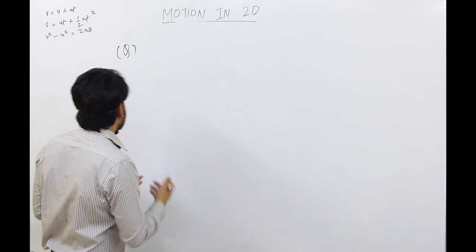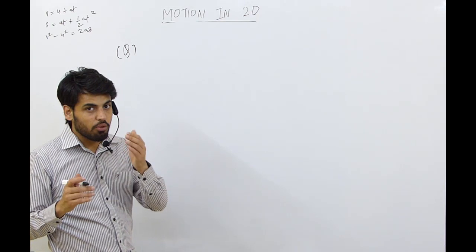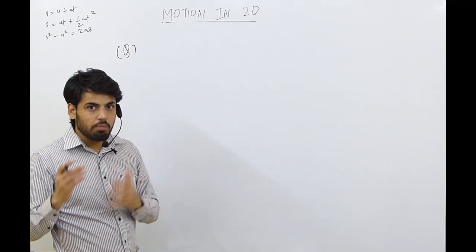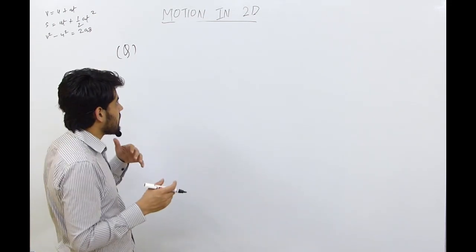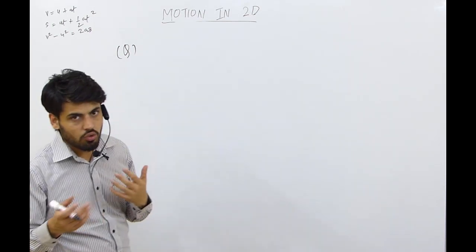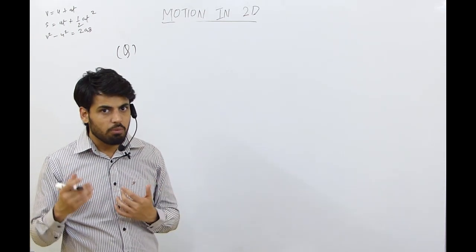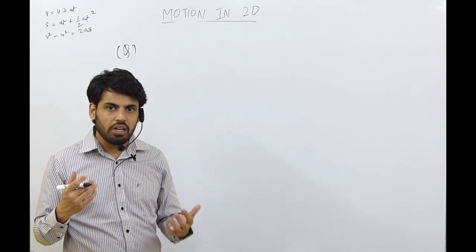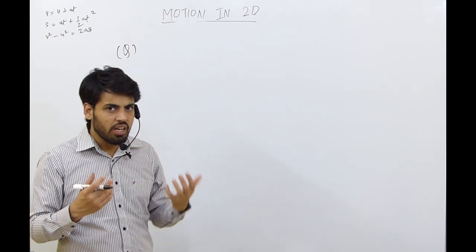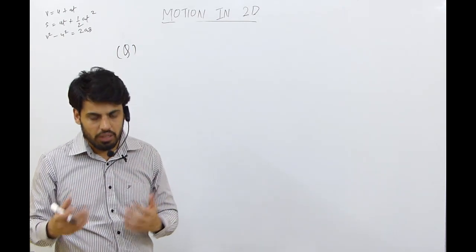So when in 2D the force or acceleration is acting on only one axis, that object follows a projectile motion. One more thing: if the option projectile is not written, then it is parabolic motion. So you just take parabolic motion, because this is the same phenomenon we are discussing in 2D. The other options would be hyperbola or circular motion. So you take parabolic motion when acceleration is only in one direction and the motion is 2D, like velocity in the x and y direction and acceleration in only one direction. So the path followed will be parabolic.